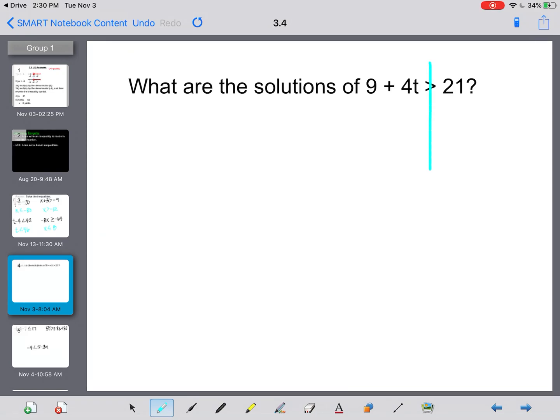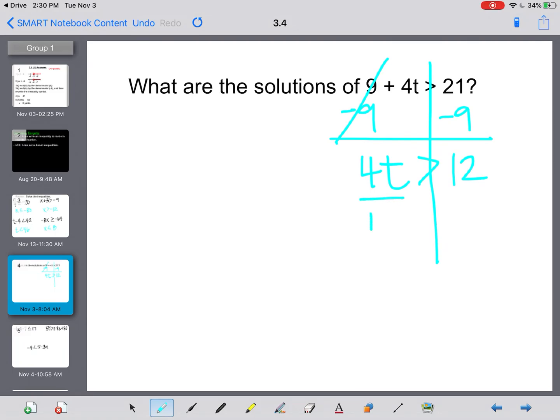Okay, what are the solutions of 9 plus 4t is greater than 21? Notice that we now have two steps. This is kind of like a couple and the third wheel problem, like we talked about in class if you were here. So the first thing I want to do when I'm trying to get t alone is subtract 9, get rid of that third wheel, leaving me with 4t is greater